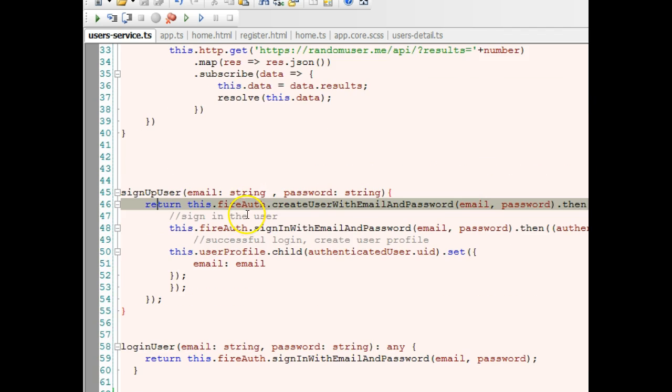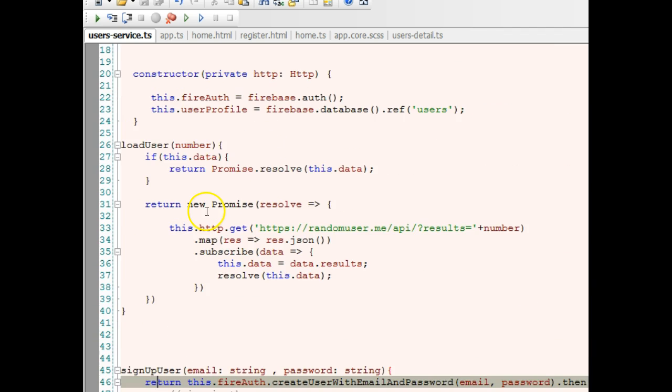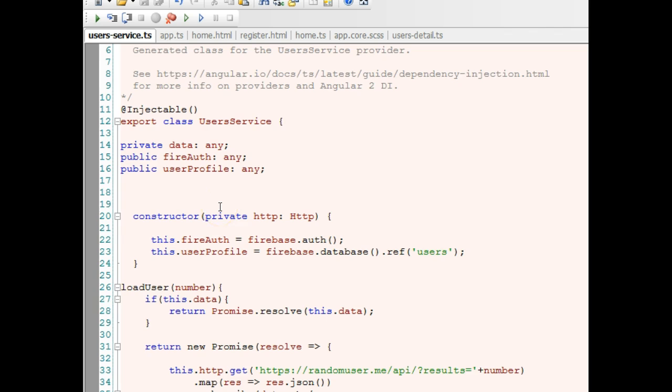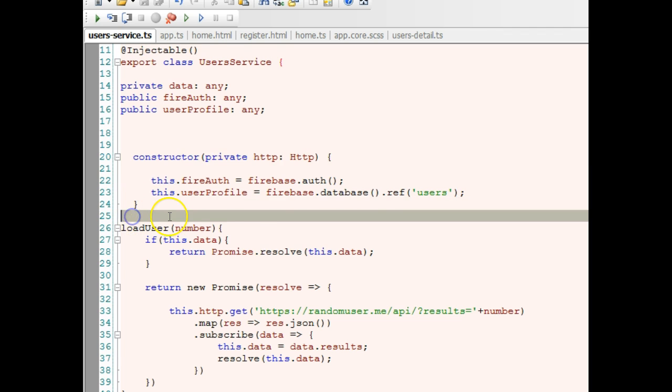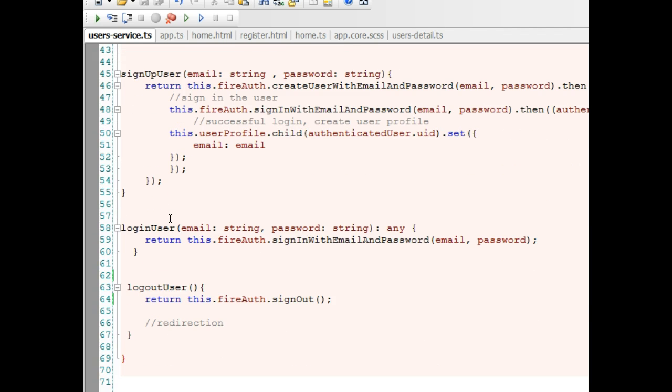Okay, so what we did was, outside the constructor, this is the constructor, and this line starts here and ends here. Outside it, we created a function that we called logout user. Inside it, we just called this Firebase reference that signs out people. So once someone visits this, it will sign the person out. Alright, so the next thing we need to do is to create